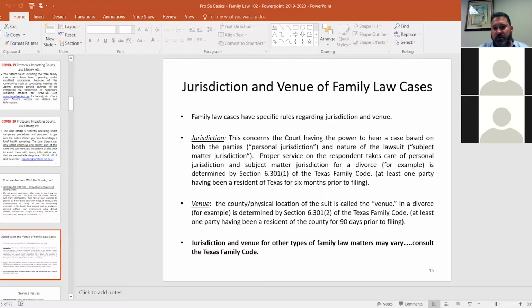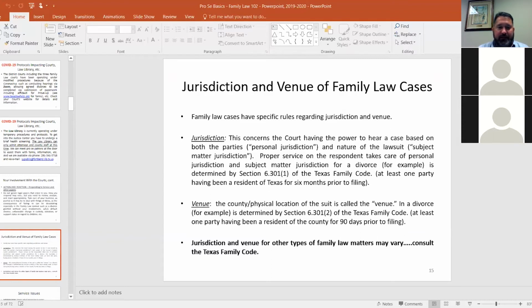And then jurisdiction is also conferred upon the courts by getting jurisdiction over the actual person. That ties in with the service of legal process on people. So they have the power to hear the case. Now do they have the power to hear the case over a particular person? That's where service of lawsuit papers comes into play, which I'll be talking about in the